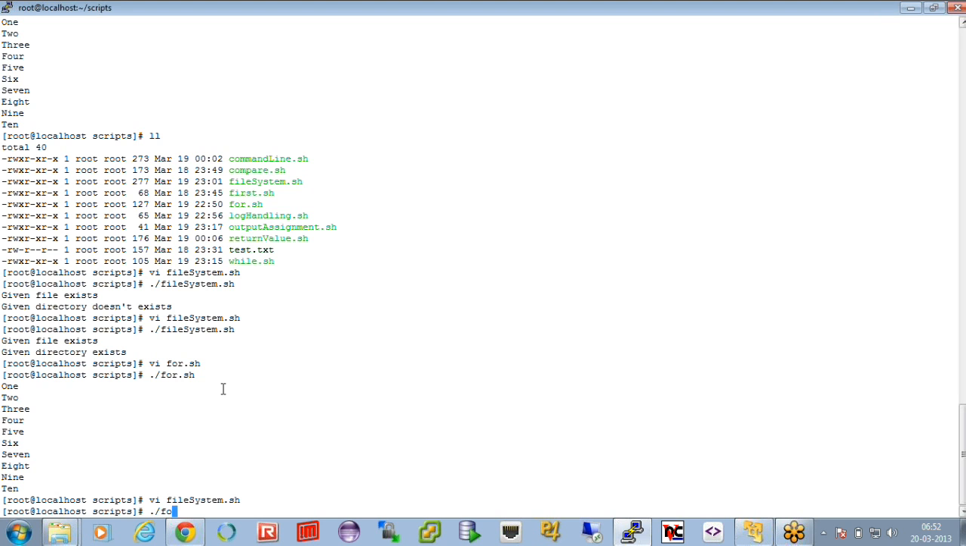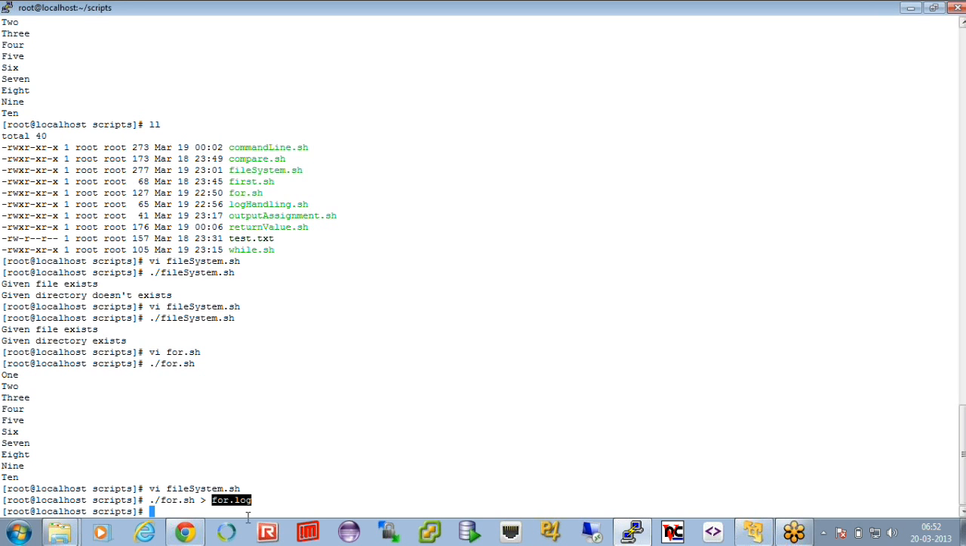Let me run this. Here I am running, for .log. This is how you can redirect the output to a log file. Just run this, and nothing is printed on the screen now. But if you see the for log file,